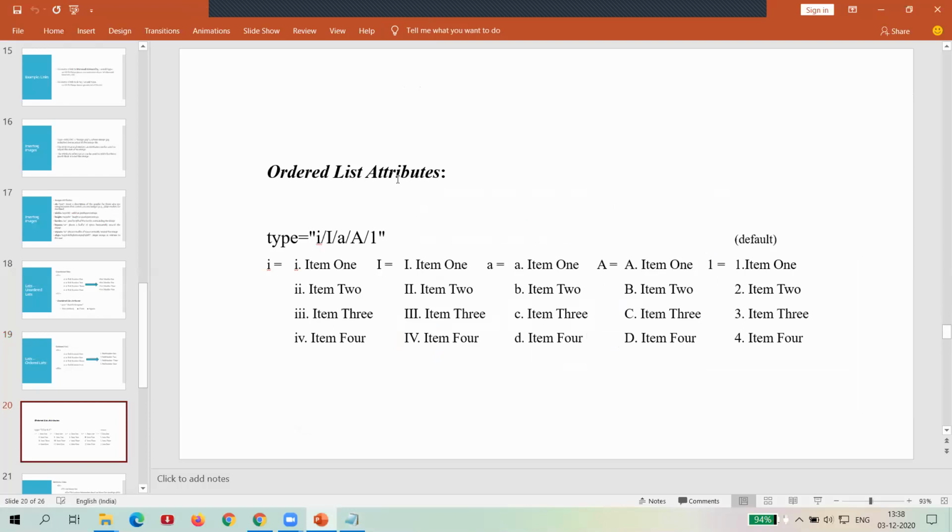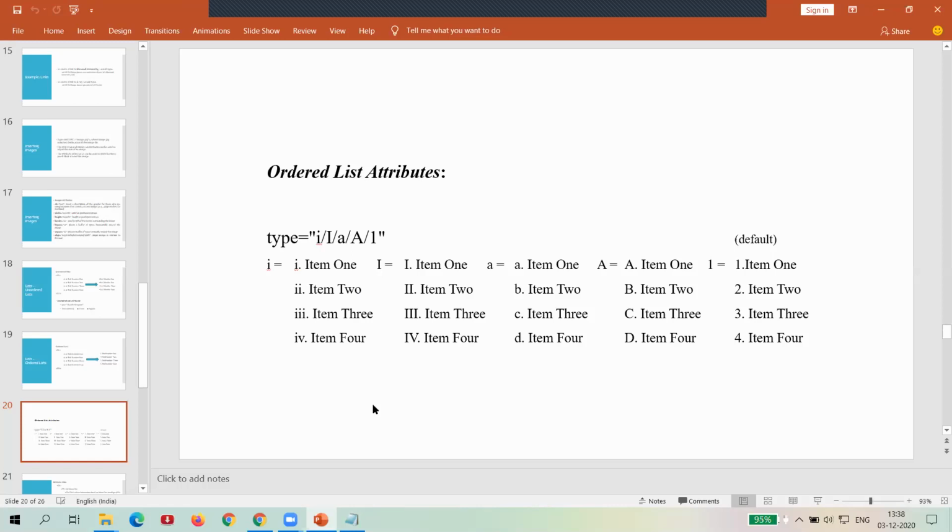Now next again we have an attribute in the ordered list, where we represent 5 different types. For example, if you represent small i, it starts with small-letter Roman digits. If you represent capital I, it starts with capital-letter Roman numbers.